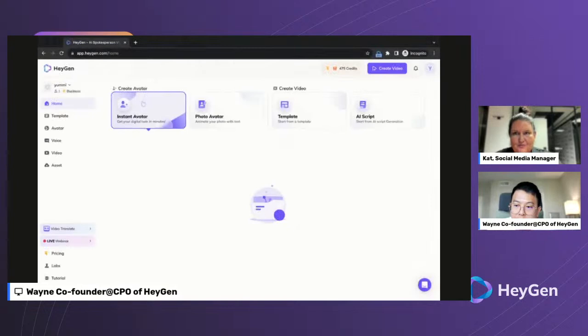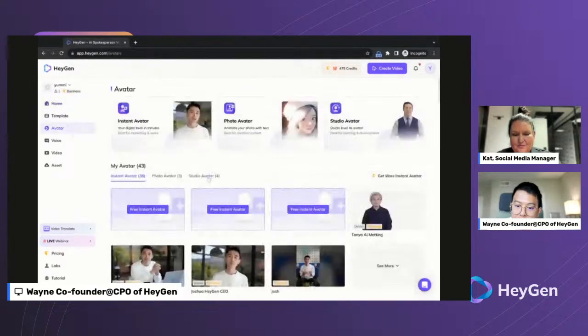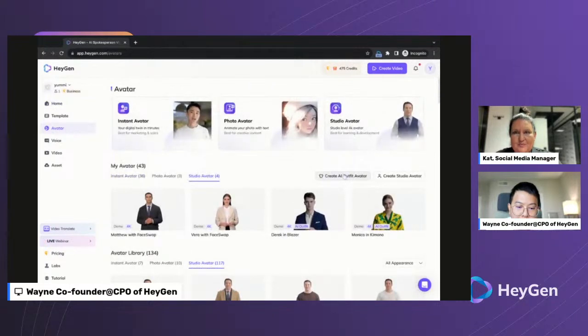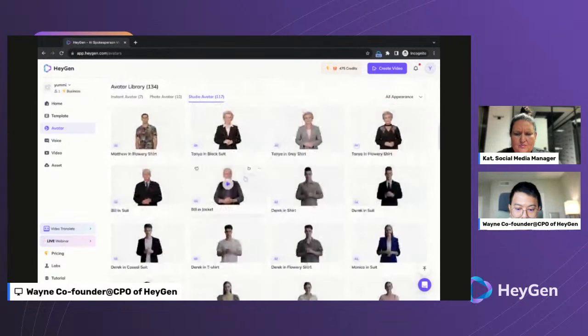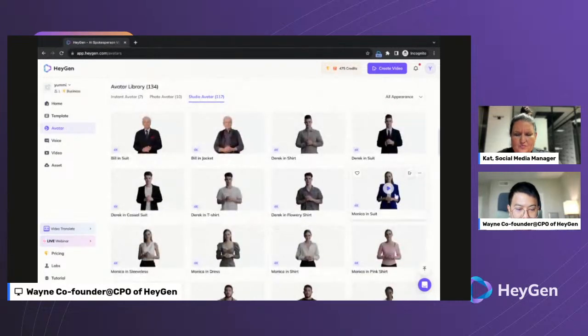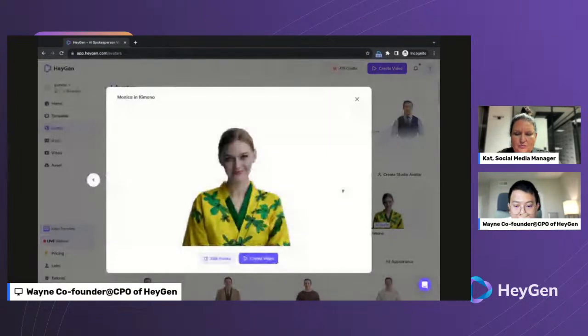So generative AI outfit is a unique feature only available in HeyGen. What it does is use AI to create new outfits for your studio avatars. I think for each account we have these two demos. This is Monica. Originally, Monica was created in this kind of outfit, but we were able to use AI to put Monica into a Japanese style outfit, so that if I'm making business videos for a Japan audience, it'll be much more relatable, much more tailored to them, right?